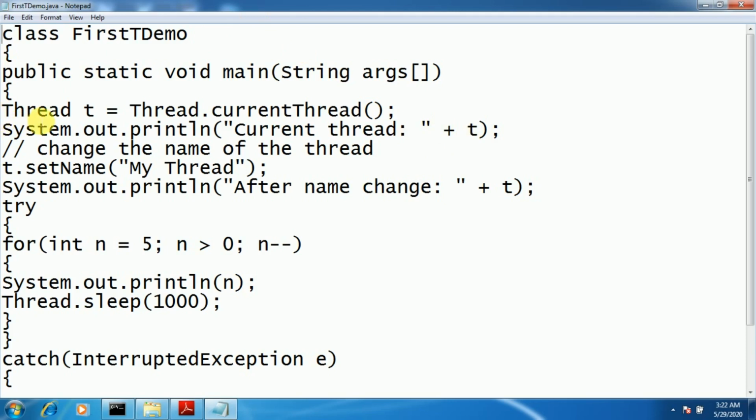Here Thread is already a built-in class. We created an object of it, that is Thread t = Thread.currentThread. Now the information about the current thread is displayed. After that we have changed the name of the currently running thread to my thread. Then after changing the name, we have displayed it.